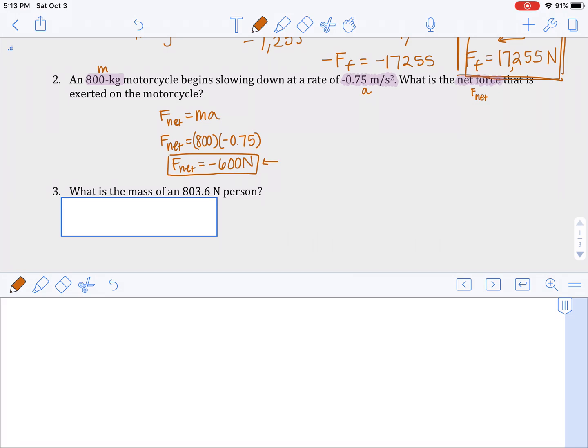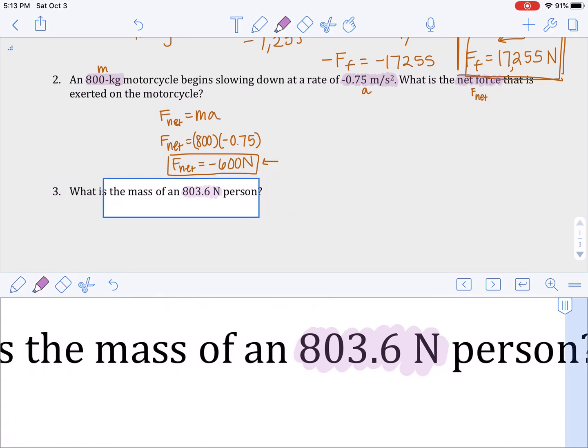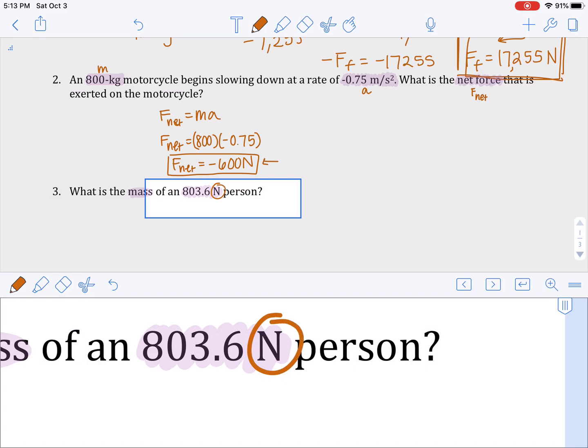Okay, what is the mass of an 803.6 Newton person? So I'm only given one value, and it's something that kind of sounds like mass, right? This is a variable that is attached to the person. It describes the person. But I'm trying to solve for mass. And mass, remember, is measured in kilograms. So this being measured in newtons,